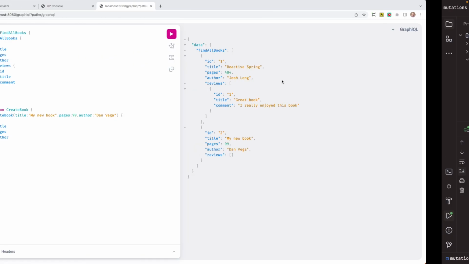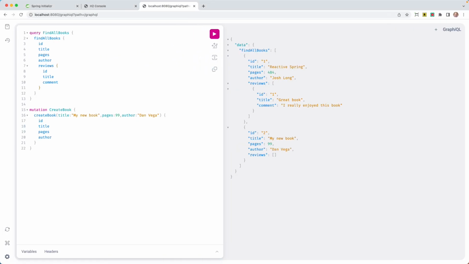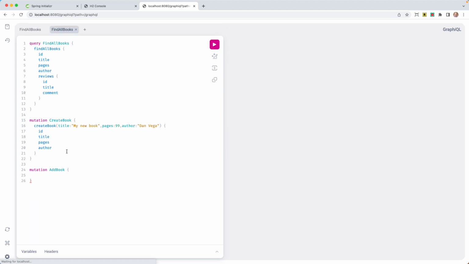And if everything starts up okay, it does. We can head back over to our playground here, and we can say that I have a mutation called add book. And what we're going to do is, again, we got to refresh. Sorry about that. And we're going to have an add book. Now this time it's going to take one argument. That is going to be book. And that is a